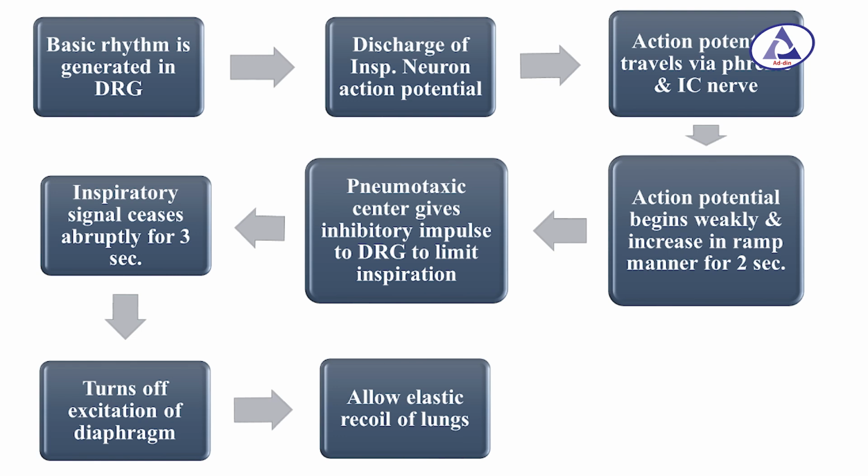The inspiration gets the signal from the dorsal respiratory group of neurons. It starts weakly, increases in a ramp manner for 2 seconds. Then another center, the pneumotaxic center, gives a suppressory, inhibitory impulse to the DRG, and then it abruptly ceases for 3 seconds. Then it allows the elastic recoil tendency of the lungs to